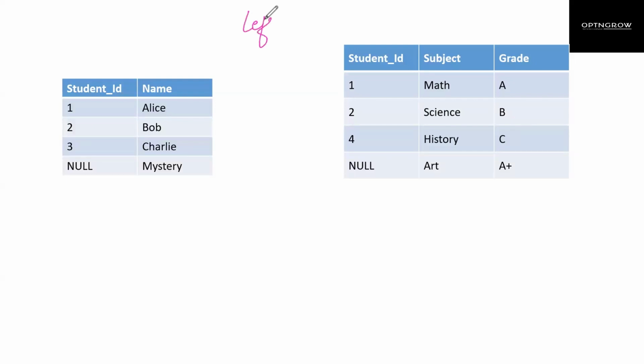Now we are going to see what the output would be in case of left join. Again, we have the same tables. Before I show you the output, why don't you pause the video and try to guess the output. Now we know that in case of left join, all the rows of the left table will be included in the output. So all these rows will be included in the output. But what about the rows of the right table? That's the question. So let's see the output.